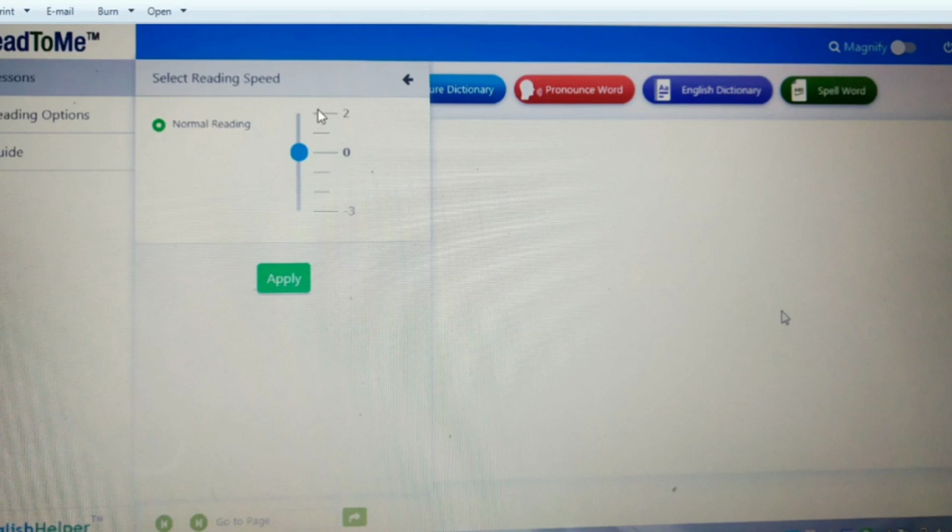And if you go above and set it to 1 or 2, then you'll have normal or above normal reading speed. According to the class that you are teaching, try to set this before you start the chapter. If slower class, try to decrease the speed and click on apply. So you have to see that you set the reading options before you open the lessons, the chapters of your textbook. Hope it is clear.